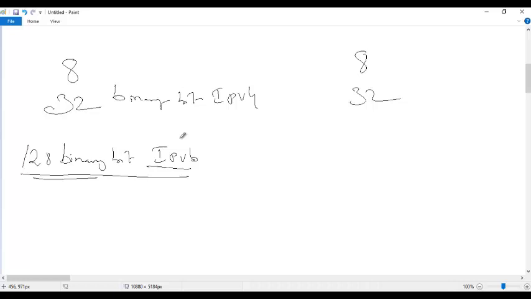I have always typed like this: 200 dot 1, something like this. This is decimal. So for just 32 bits we are not ready to write in binary, and when we are writing in decimal, definitely we are not going to use binary in IPv6. We will try to use something better than decimal. Yes, we use hexadecimal.